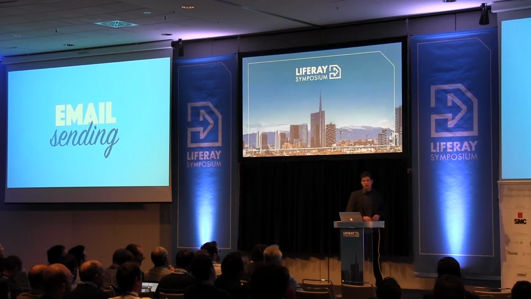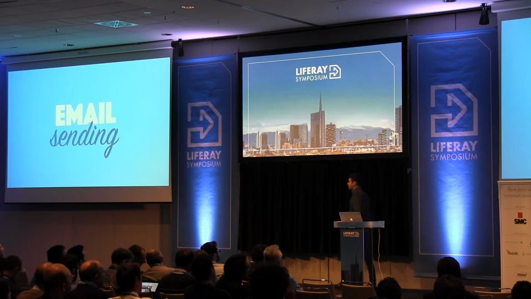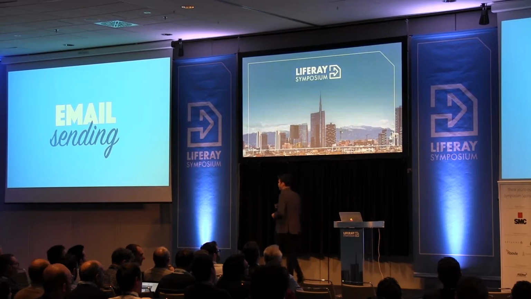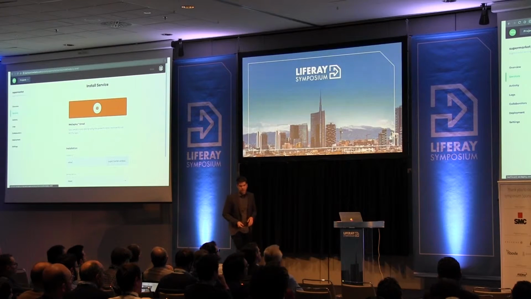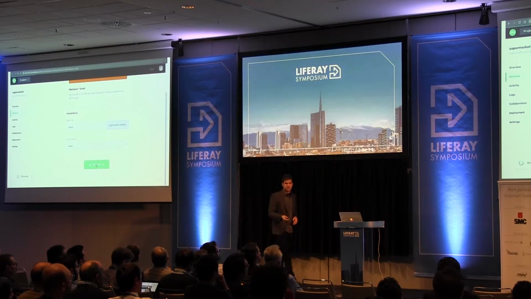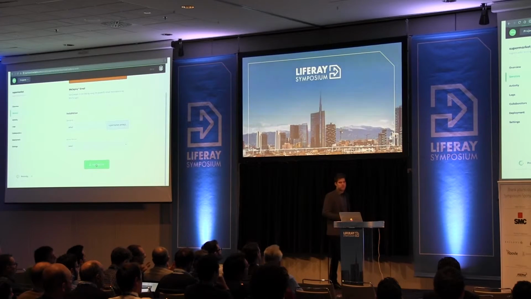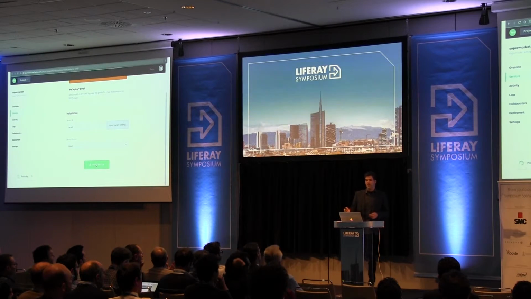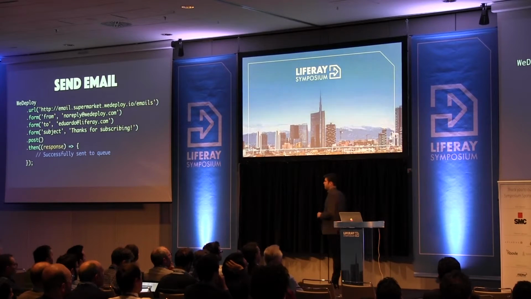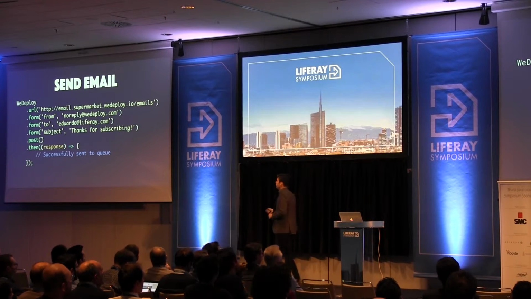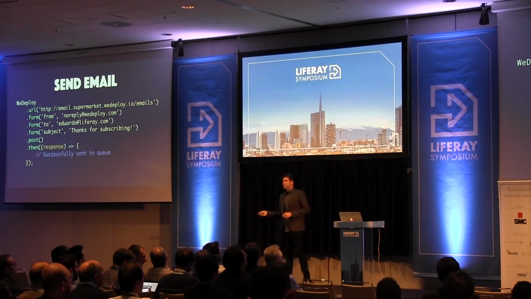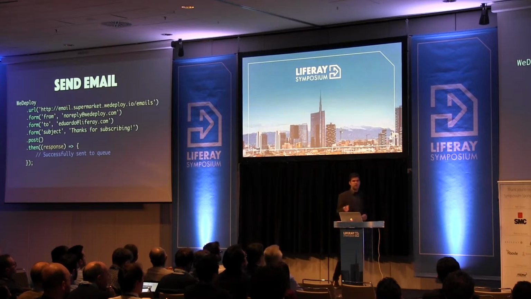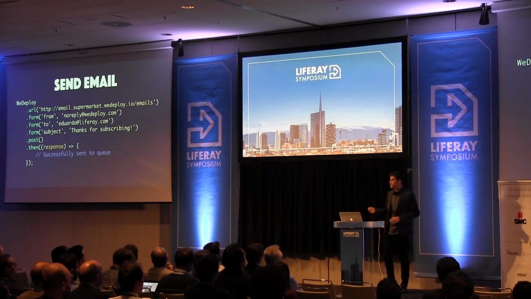But now your clients are signing up and you need to send emails. What to do now? Again, in WeDeploy, go to the dashboard, pick the email service, pick a name for the email service, install it, and after you install, instantly you can send an email. How? Again, use the API client or make an HTTP request, point to your email service, pick the from, to, the subject, the message, and then you post. You can learn all that through the documentation page, and the email will arrive in your inbox right away. No configuration, no setup.